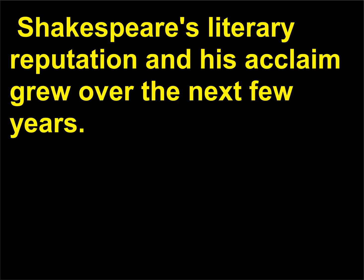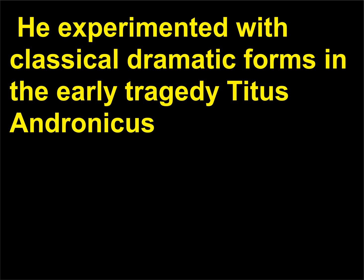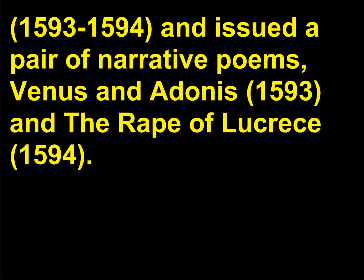The critical remark notwithstanding, Shakespeare's literary reputation and his acclaim grew over the next few years. He experimented with classical dramatic forms in the early tragedy Titus Andronicus, 1593–1594, and issued a pair of narrative poems, Venus and Adonis, 1593, and The Rape of Lucrece,